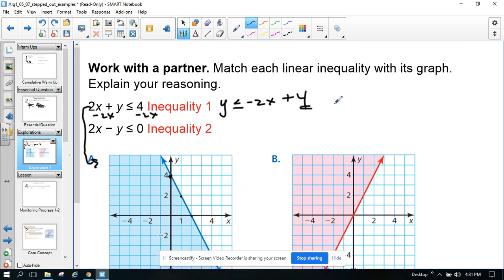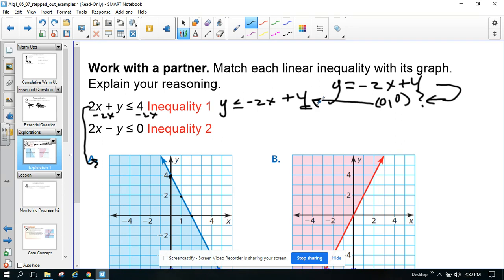So how you would graph that, and this is the part where I am going 100 miles an hour, so I know this is going to be new to you, but if you were graphing this by hand and you were not using Desmos, what you would do is graph it like an equal sign. y equals negative 2x plus 4, which is what we did. It's the blue line. And then I would ask you to put in the point (0, 0). And I would ask you, does that solution